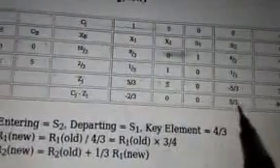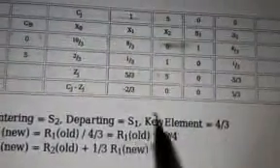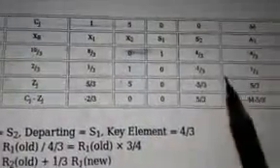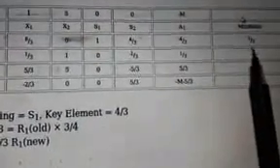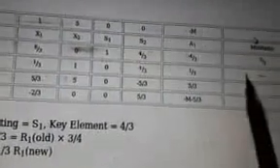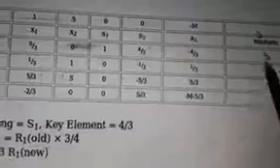So now entering is S2. Why is S2 entering? Because S2 has the maximum value, so that's why it is entering. To find the departing or leaving variable, you check it. 5 by minus, a negative value we cannot check. 0 by this is a 0 value which comes. So which is 0 is 10 by 3 divided by 4 by 3, which value comes to 5 by 2. Now 2 by 3 by minus 1 by 3, the negative, we cannot take that. So this is the leaving vector.